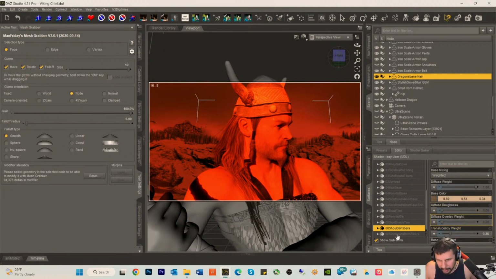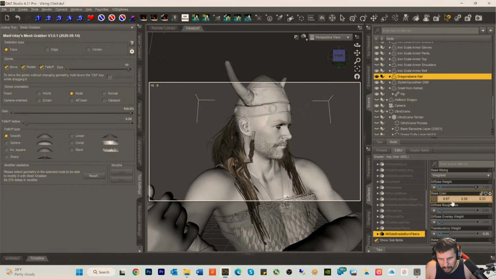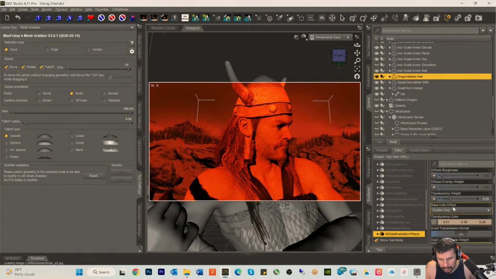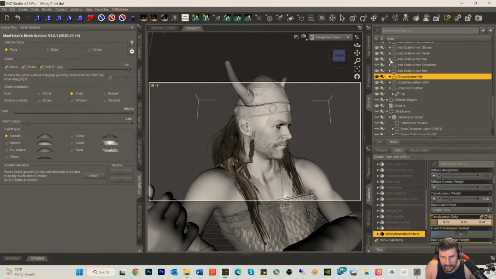Okay, shoulder braid bone fibers. Okay. Let's try this. Base color. Translucency color. It doesn't look like anything's changing here. I wonder if I'm on like the skull cap. No, this wouldn't have all these things if